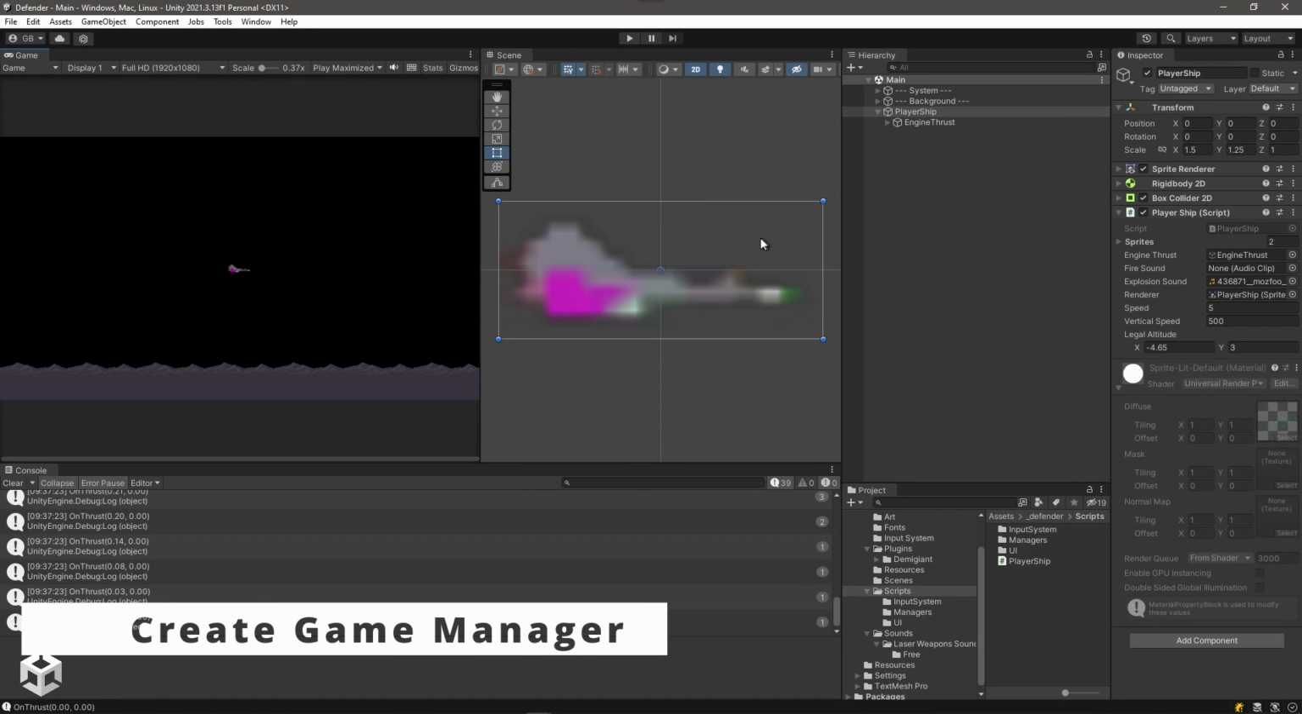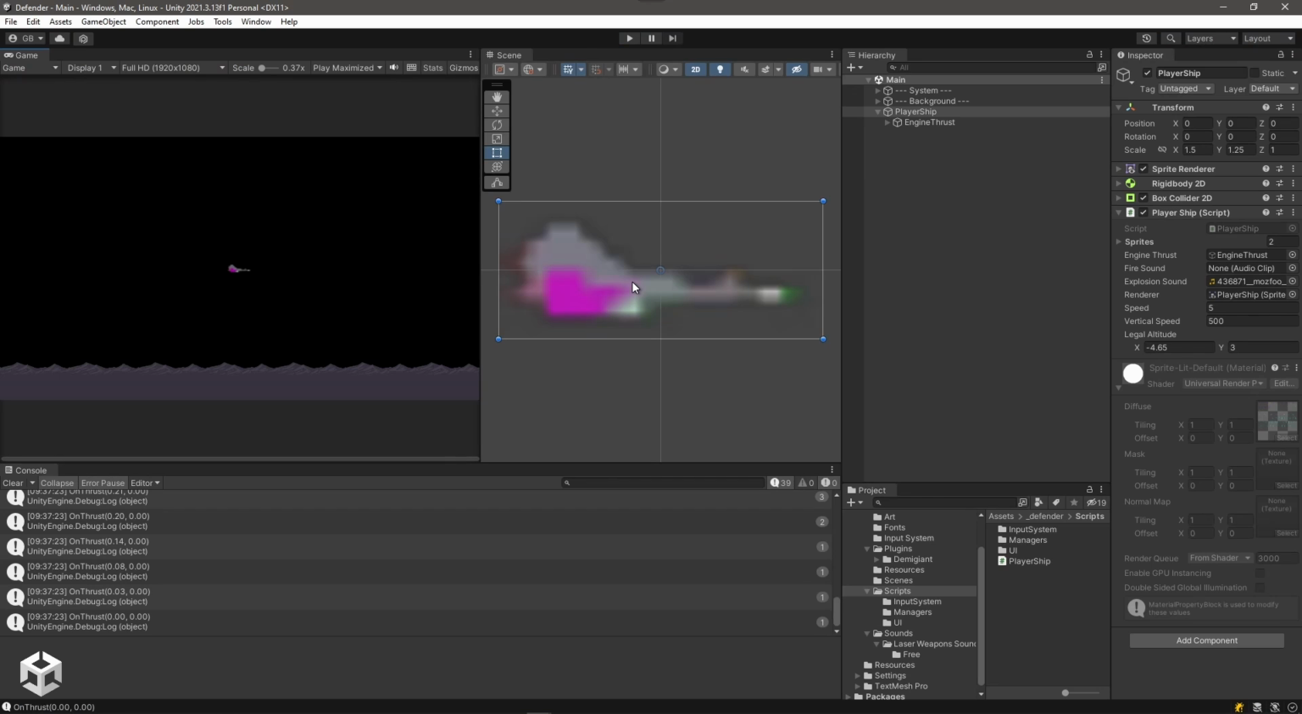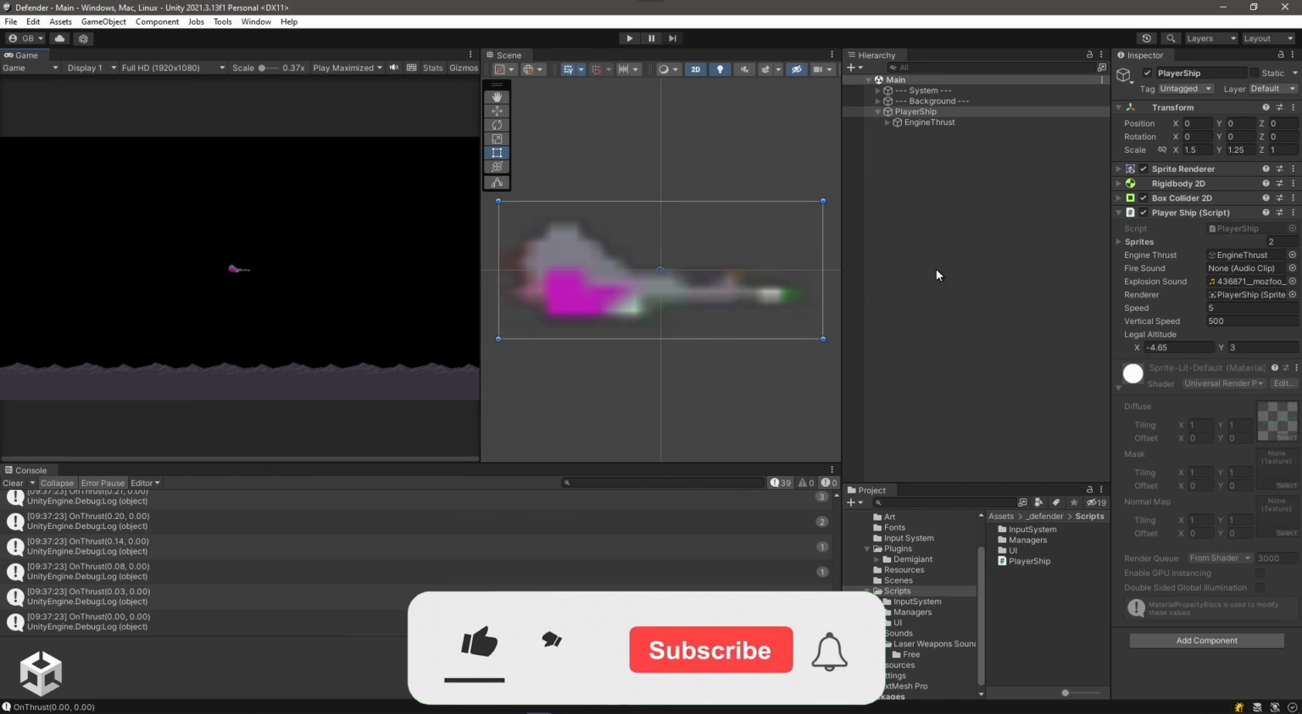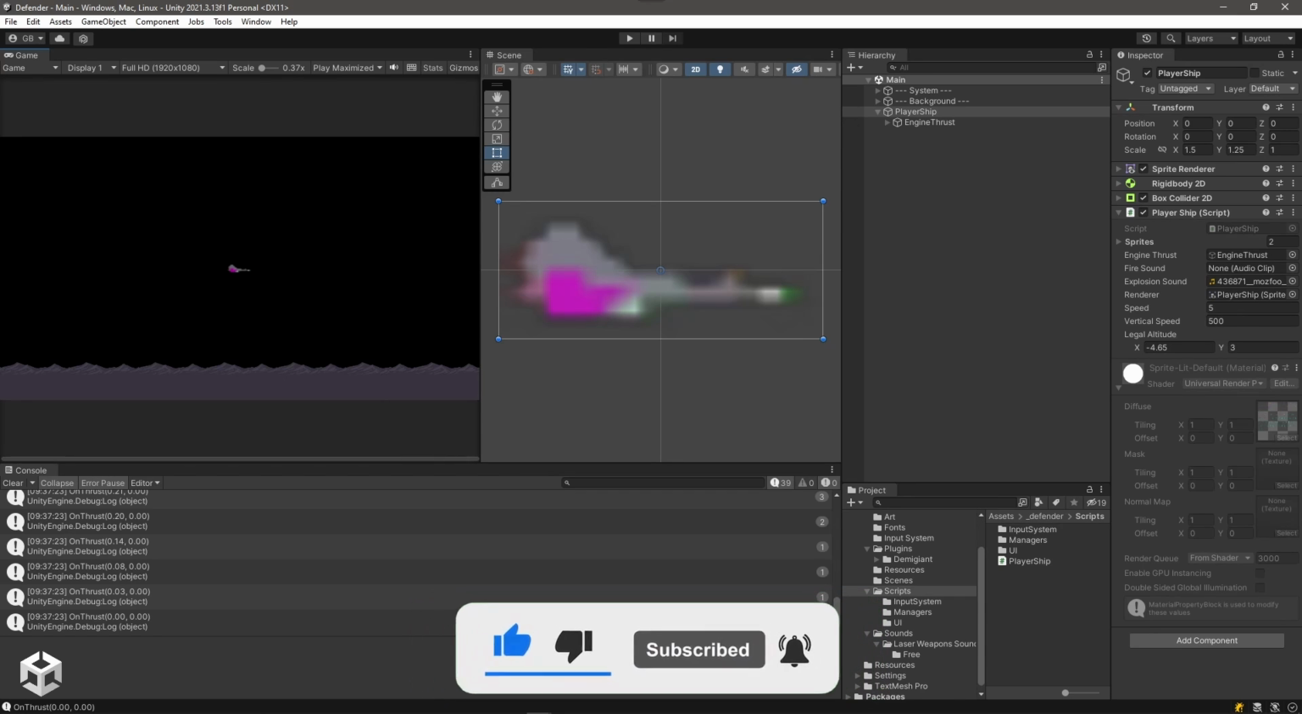So that's all pretty boring. Let's see if we can't get him flying left and right. And to do that, we're actually going to be scrolling the background. And before I get into the background code, I want to create a new class that's going to be called